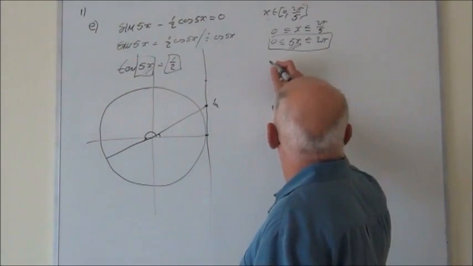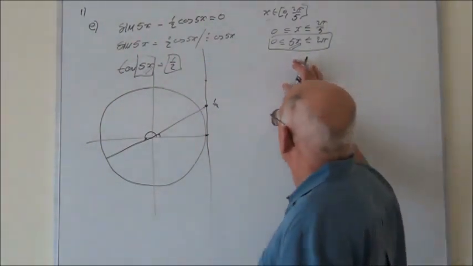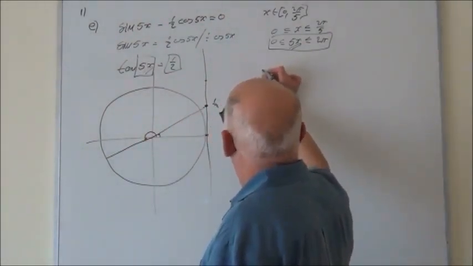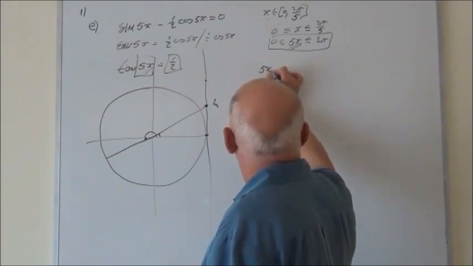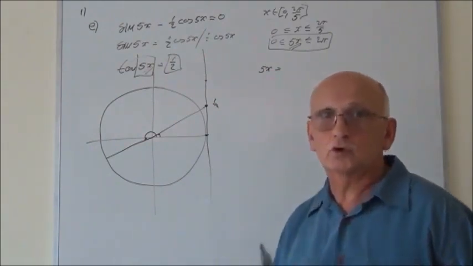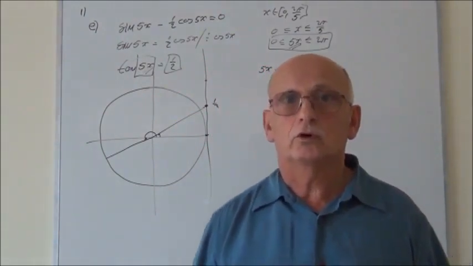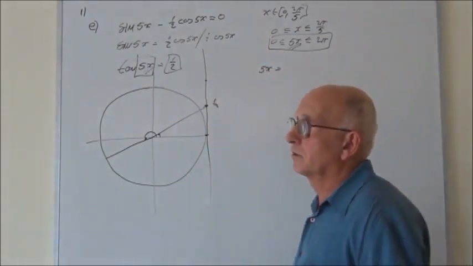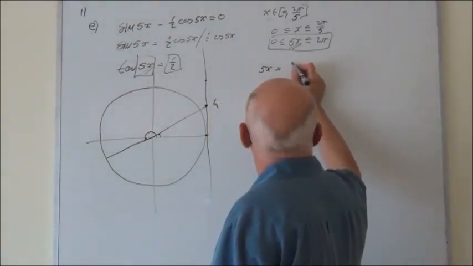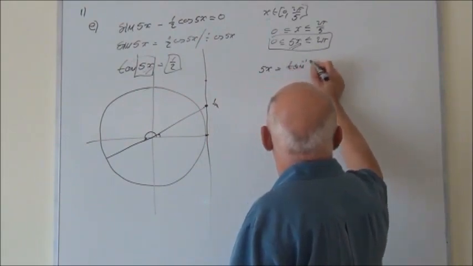And obviously there will be two solutions, because from 0 to 2 pi, both of those angles will be solutions. So we can write 5x then equal half. Half is an exact value for the sine function and cosine function, but half is not an exact value for the tangent function, so here we again have to use a calculator. 5x equal then tangent of